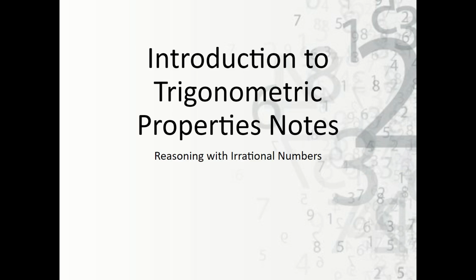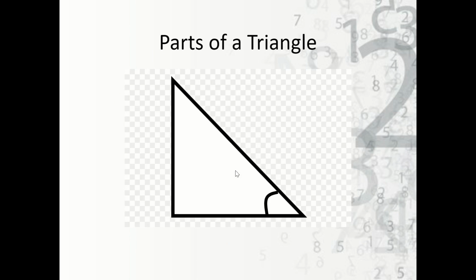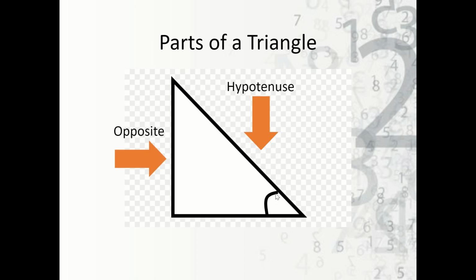Let's take a look now at the Introduction to Trigonometric Properties notes. Our notes begin with the learning goals and success criteria. Now, what are the parts of a right triangle? Well, if you notice, a right triangle has 3 sides, and this is our 90-degree angle. We call the side opposite of the 90-degree angle, or the longest side, the hypotenuse. Then each of the other 2 sides we call our legs, and if we're looking at this angle here, this